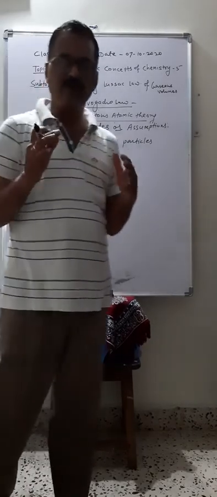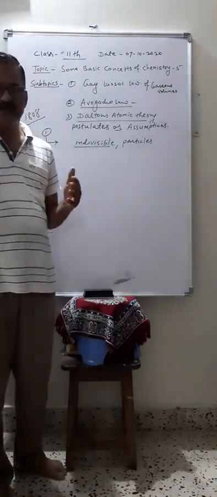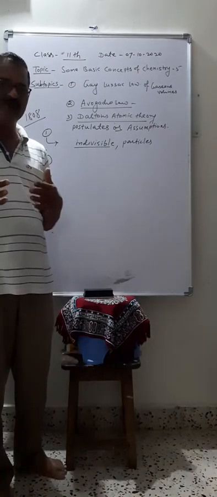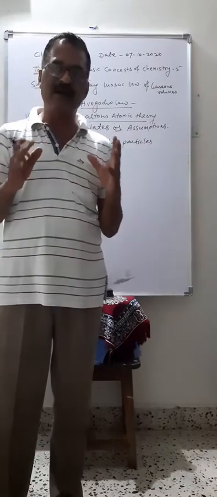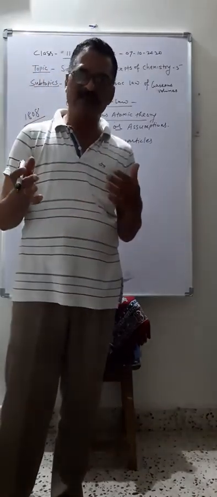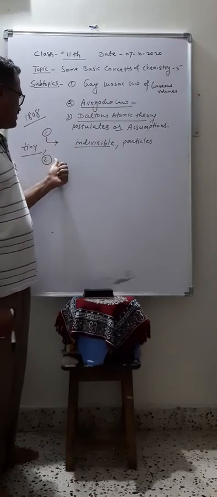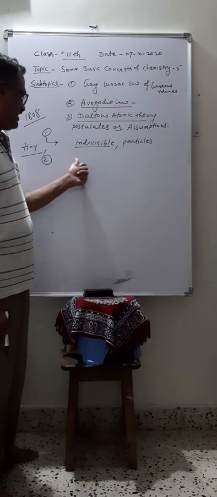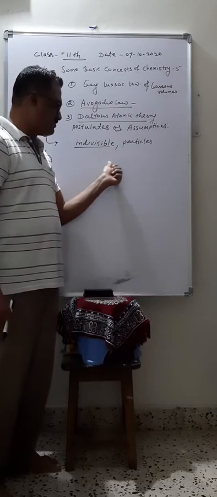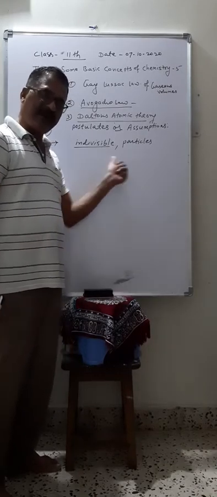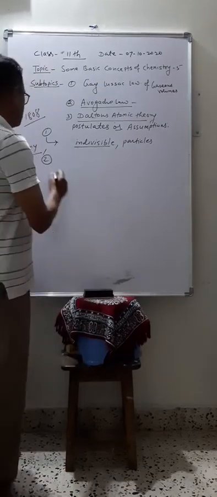So in his observation he found that atoms of different elements have the different properties, and different atoms of the same element have the same properties, as well as the same mass. Different atoms of different elements have the different mass. So this is the second point of Dalton's atomic theory. So in the Dalton's atomic theory, second point we can say that atoms of the same element have similar properties and similar mass, but atoms of different elements have different properties and different mass. Then the third point